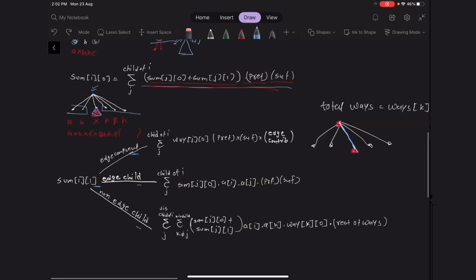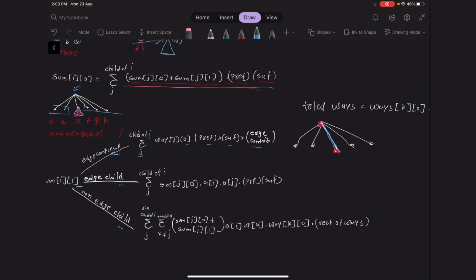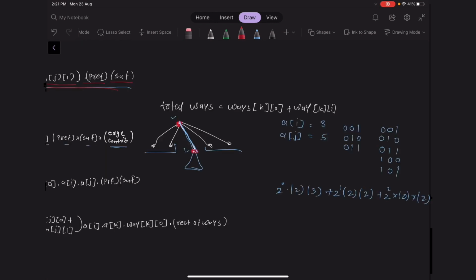In order to calculate the edge component, we will iterate over all the nodes j such that j is some child of node I, and after that we are taking ways of J0 multiplied by the prefix multiplied by the suffix, and then how much that specific edge is going to contribute. If we are connecting this edge between this parent and this child, then we want that this node must not be connected with any of its children. That's why we are taking ways of j0 here, and after that we are going to take prefix multiplied by the suffix. This comes from the fact of in how many ways the nodes other than this specific node are going to solve the problem for their sub children. And after that we are calculating the edge contribution, how much that specific edge is going to contribute to our answer.